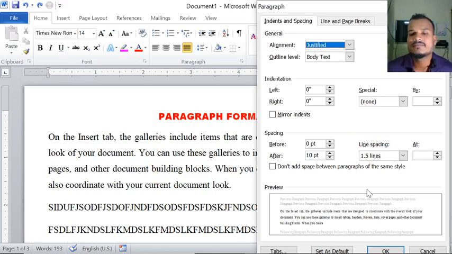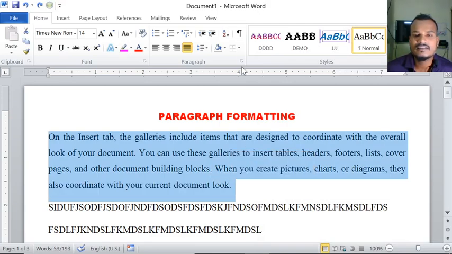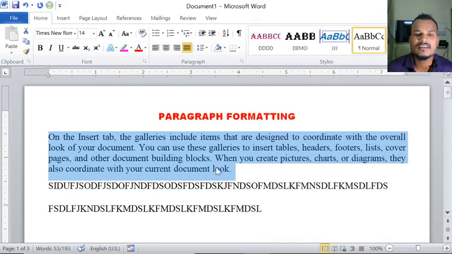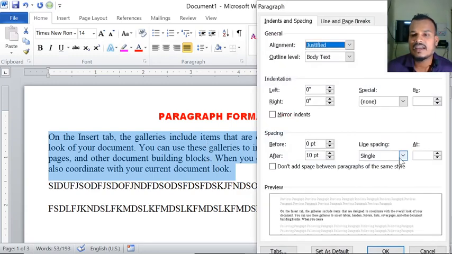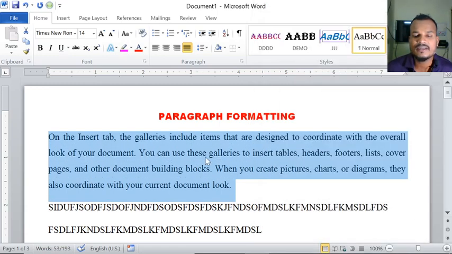See here, first you select the paragraph. Yes, I have selected. Click on paragraph icon. After that, how much you want. Single means very little space. See here. Observe the changes here. After that, I'm selecting 1.5. You observe the changes. 1.5.